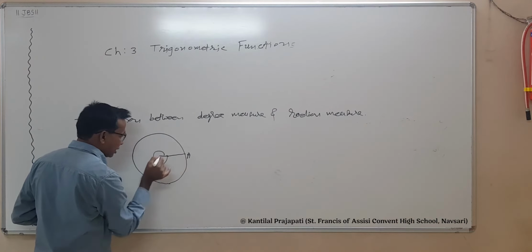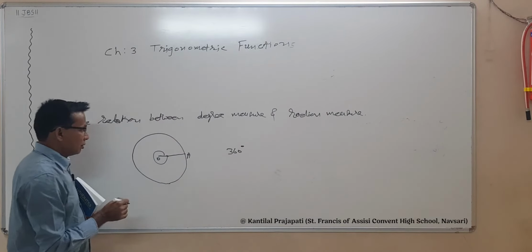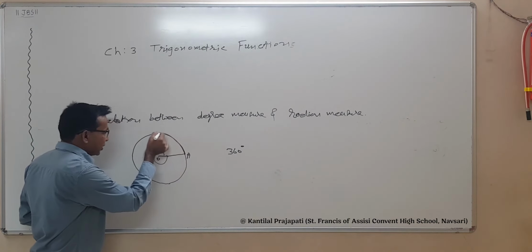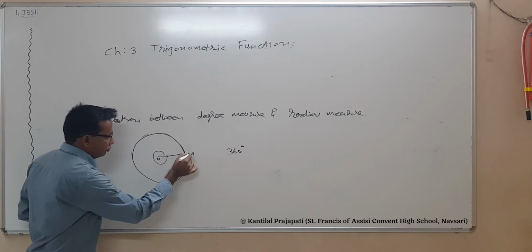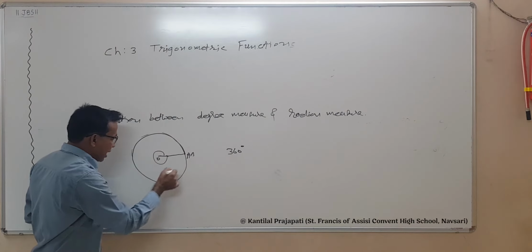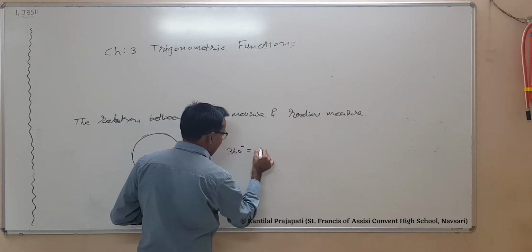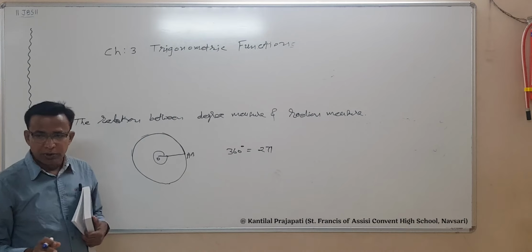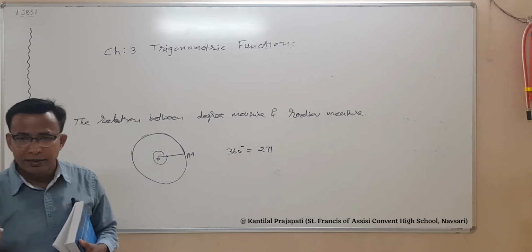That is, the circle is completed here. So 360 degrees of the circle. And what is the circumference? The complete circle means we get the circumference, and again you get point B here. After completing one revolution, the length of the circumference is 2 pi. So the arc length of one complete circle is 2 pi, and therefore 360 degrees is equal to 2 pi radians. This is the relation between degree measure and radian measure.